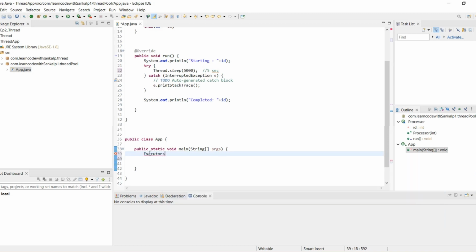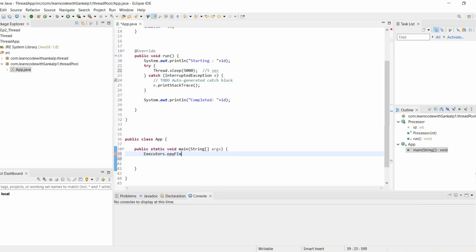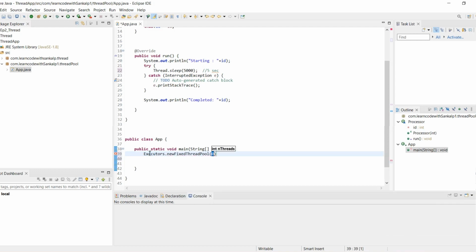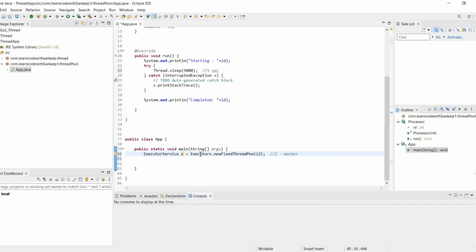Executors dot newFixedThreadPool, and we give a pool size of 2. Assume we have a company with 2 workers; these 2 are the workers. We assign it to a variable called executor.